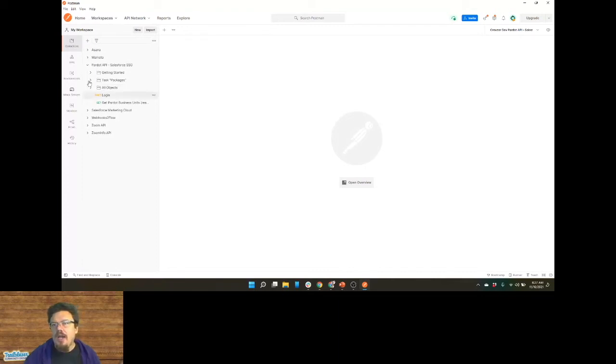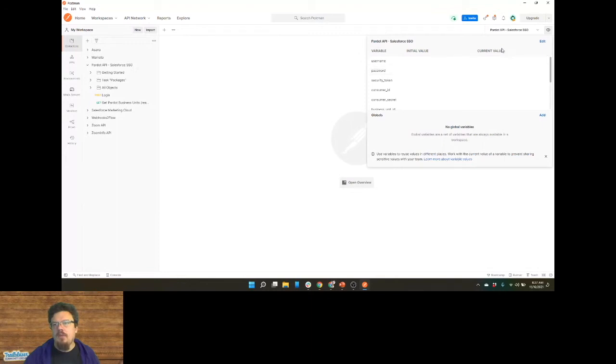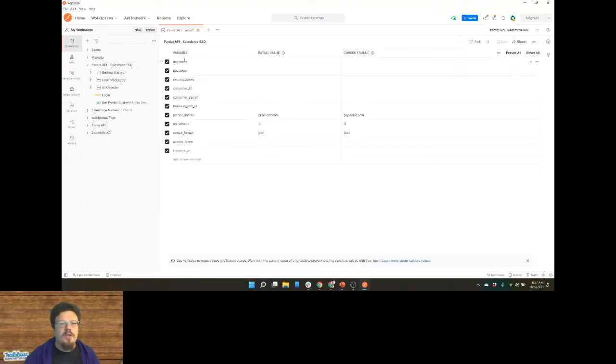The other kind of interesting thing I'm working with is this environment piece on the left side. This is our login credentials. So if we look at the Pardot API, Salesforce SSO, there's a bunch of stuff: username, password, security token, consumer ID, consumer secret.